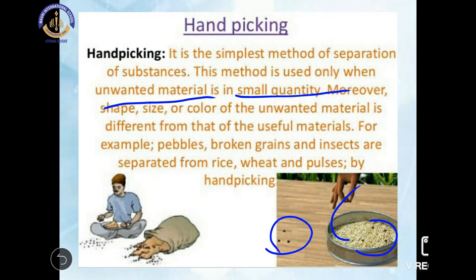The impurities are in small quantity compared to the grain. So we use the hand picking process when the impurities are in a small quantity and of larger size. Moreover, the shape, size or color of the unwanted material is different from that of the useful material.